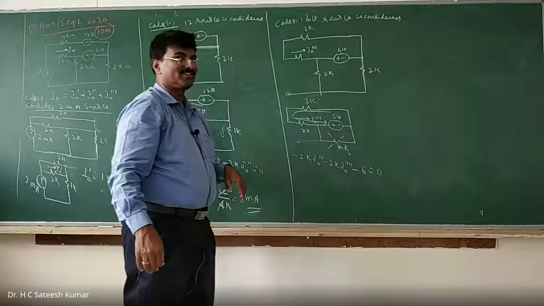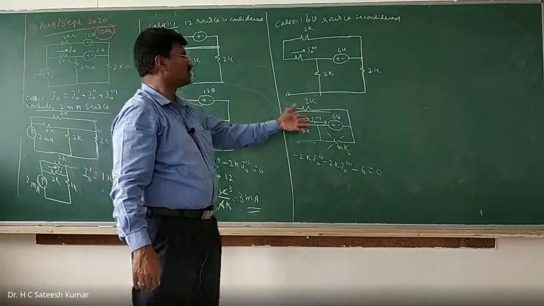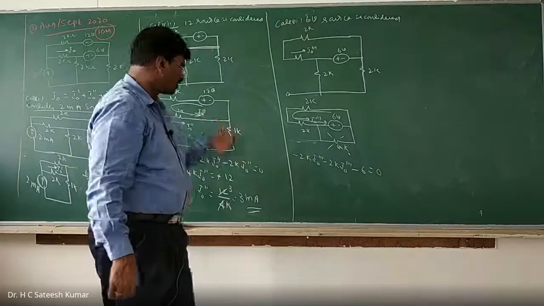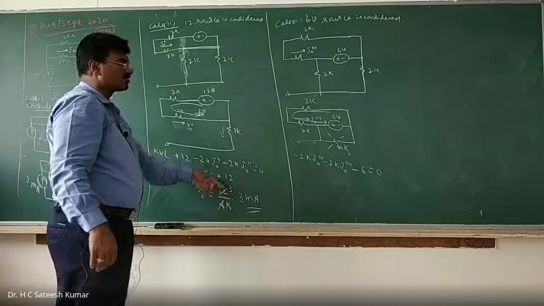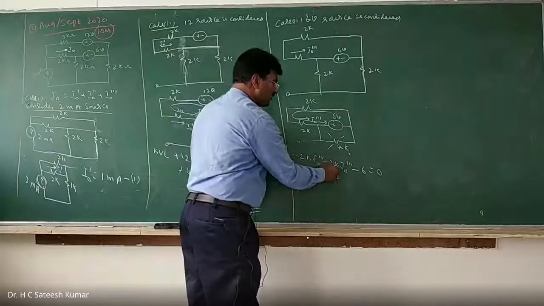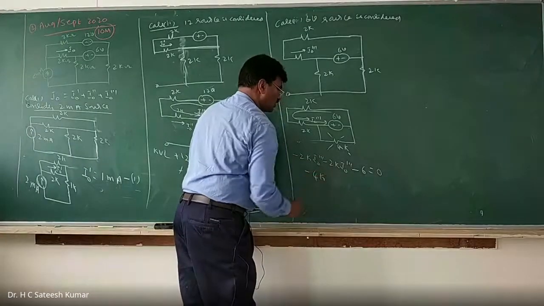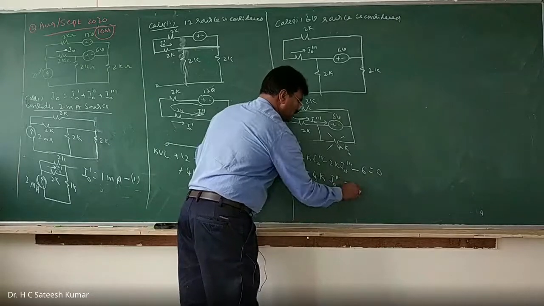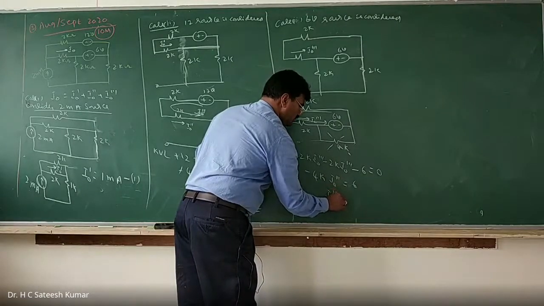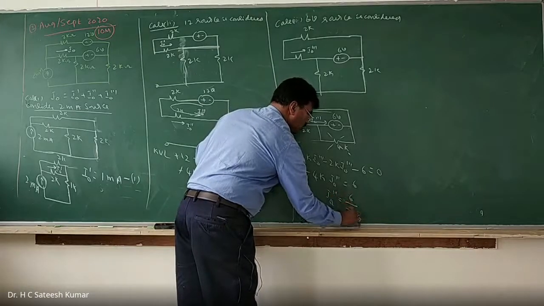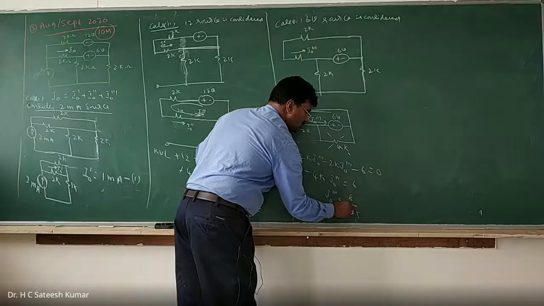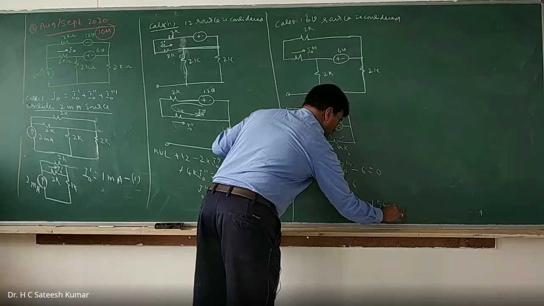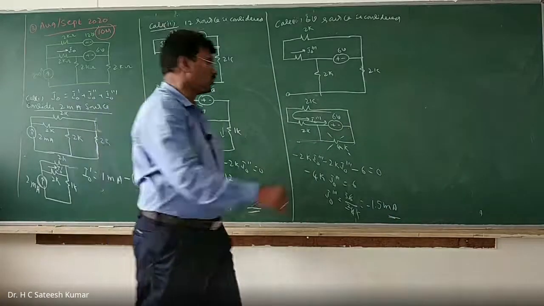Now you see this. Why I have not taken 6 volts divided by 4k is because direction is very, very important. Ultimately the total response is the sum of the responses, including direction, so you should take it. Minus 2k, minus 2k, minus 4k into I naught triple dash is equal to 6. Therefore, I naught triple dash is equal to 6 divided by minus 4k. So this is 2 times, this is 3 times, minus 1.5 milliamps.